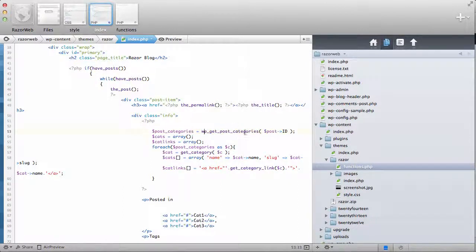wp_get_post_categories, and pass in the $post->ID. Now $post is a global variable for the current post, so this will set up this $post variable, and inside that we have our ID, and for that ID this function will get categories and output in this variable. Now this is an array. Now $cats equal to array, which will create a blank array inside this variable,